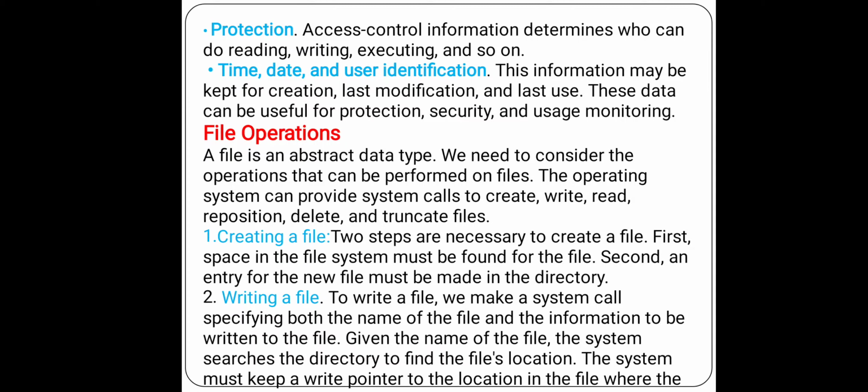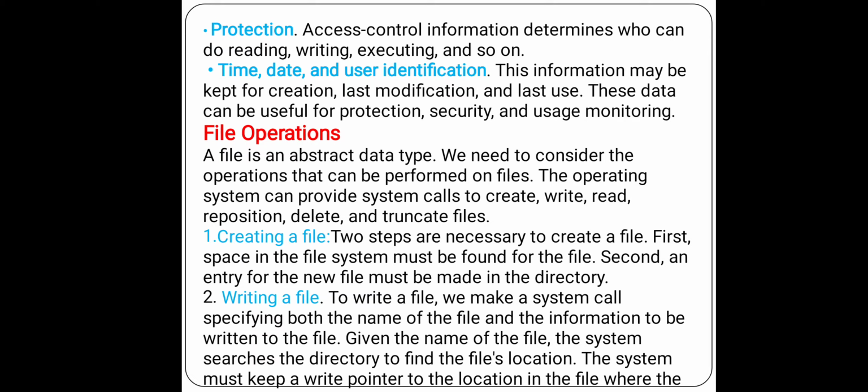Access control information determines who can do reading, writing, executing, and so on. So here we have to give some control information. These are the people who are possible to access, either reading or writing and executing or anything. I mean, you need to give some password or set a password for that file.